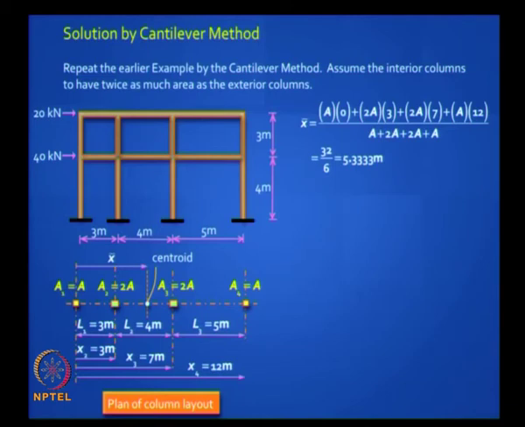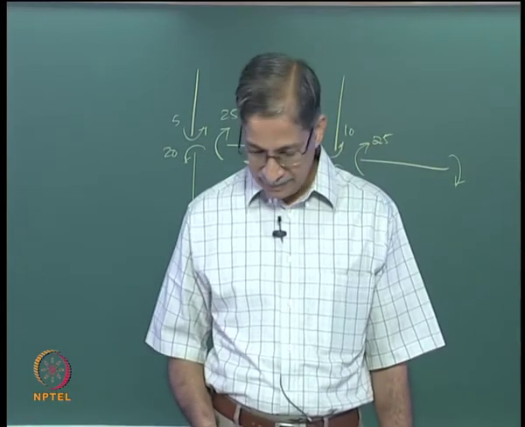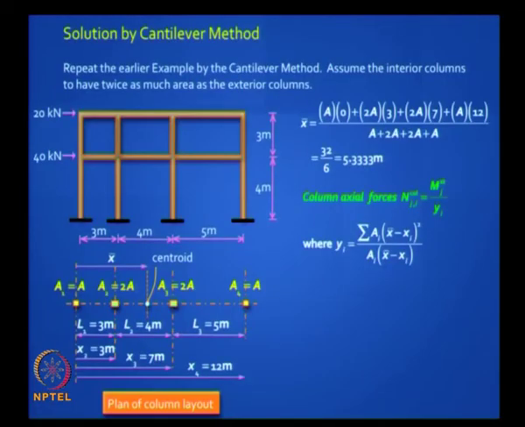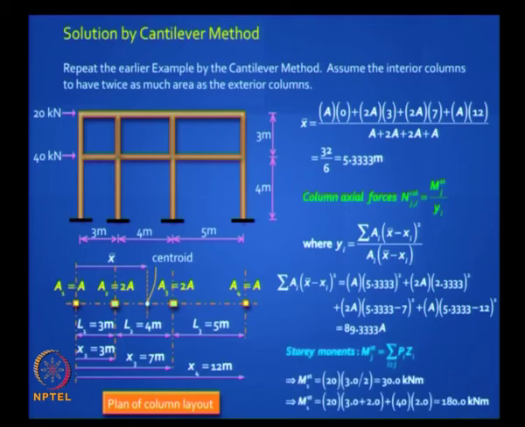Clear? Easy to do. Now can you get the I value, second moment of area? You can do that. So basically you have to get yi. I have given you this formula, you know the location. Can I move faster? You can do these calculations, they are not difficult. The numerator is common for all the expressions, so you can calculate that, and you also need the story moments.